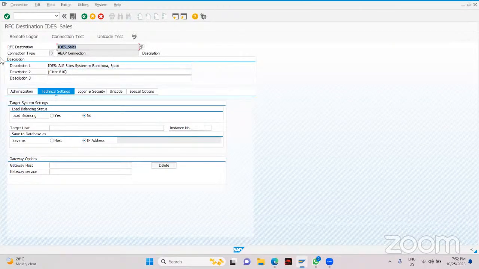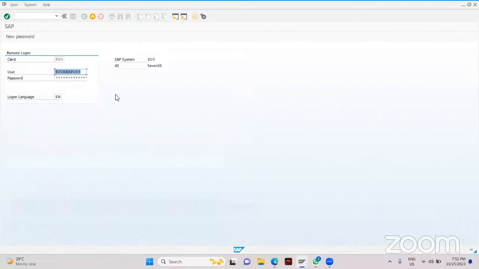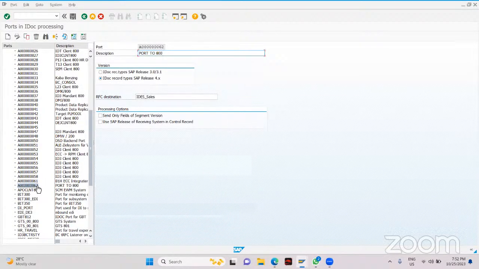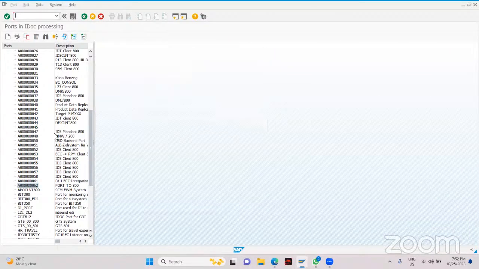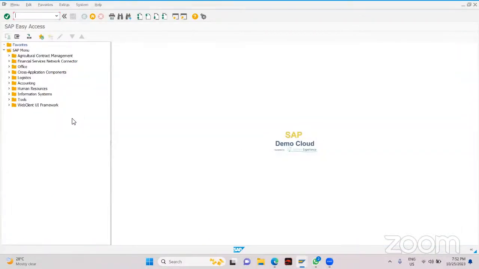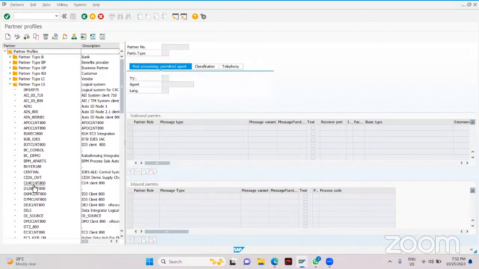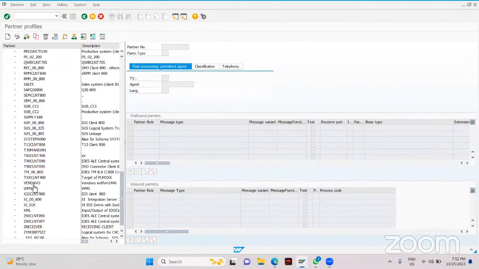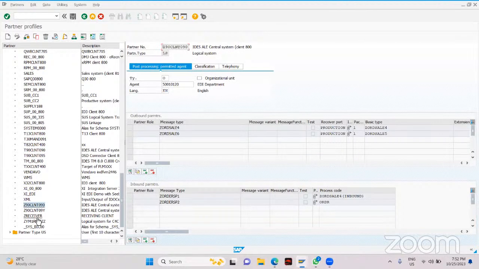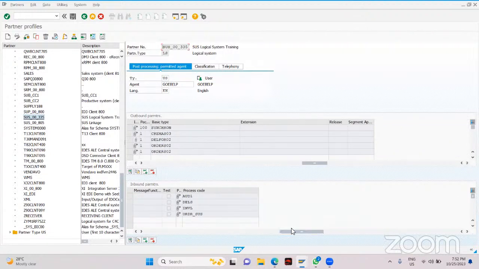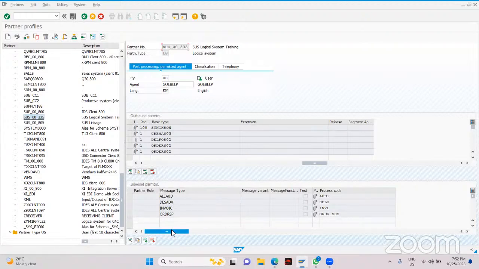Okay, so we have to utilize this RFC function. Then remote logon, it's not necessary. So it is sending me there. Okay, so this is working fine. This is my port number. Okay, now this port has to be utilized in our partner or WE21. No, and we have to use it actually somewhere here. I'm not able to recollect it. So if we use the process code for input parameter,